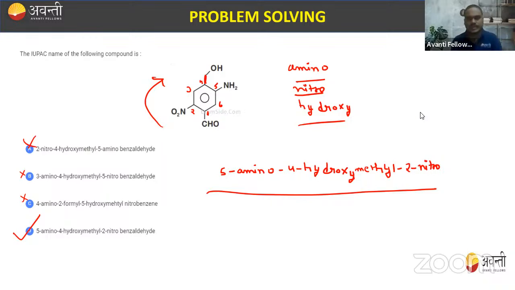Right. So the correct name is 5-amino 4-hydroxy methyl 2 nitro benzaldehyde. Right, so this is the correct name. ठीक है? चलो. Now